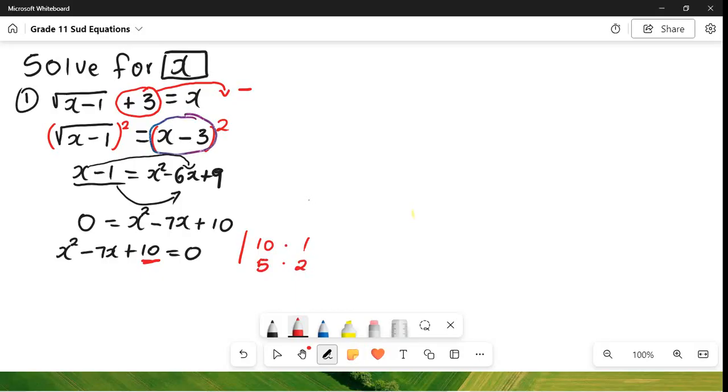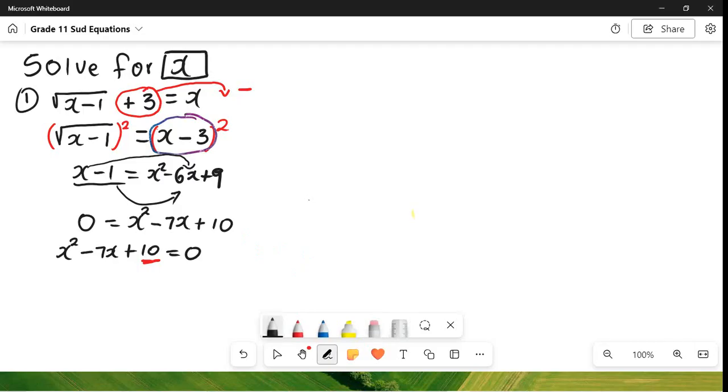And 5 plus 2 equals 7. But we need to put the signs in the sense that we're going to get minus 7. So minus 5 minus 2 equals minus 7. Minus 5 times minus 2 equals positive 10. Then we've got our factors there. So we're going to apply them